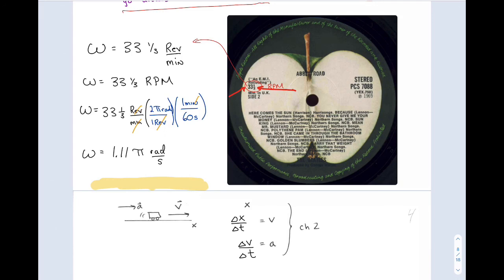So when you play a 12-inch vinyl record, the whole record rotates the whole time, goes around 33 1/3 times each minute. So that's omega, but it's not in the correct units. You'd have to say in one revolution, I have 2 pi radians, and then in 1 minute, I have 60 seconds. So that would be the correct units of